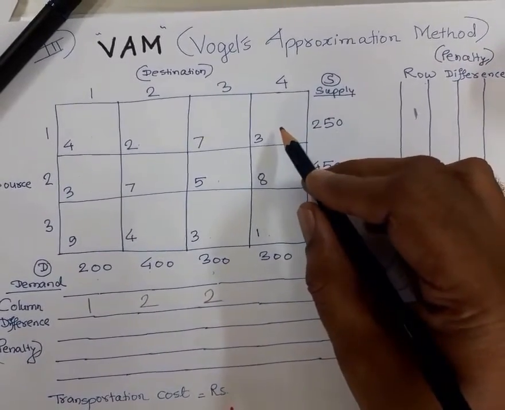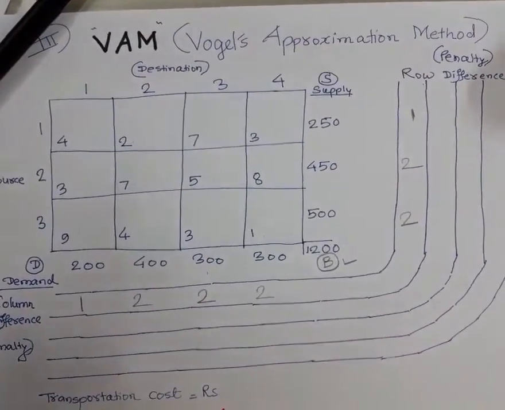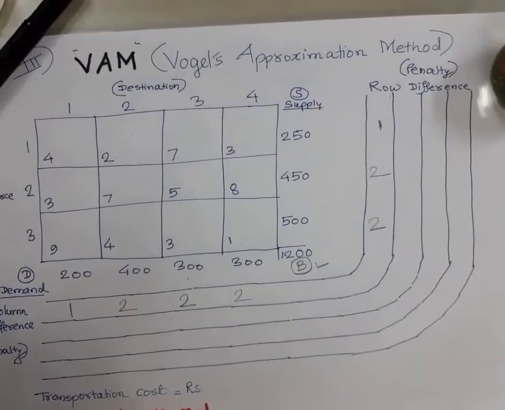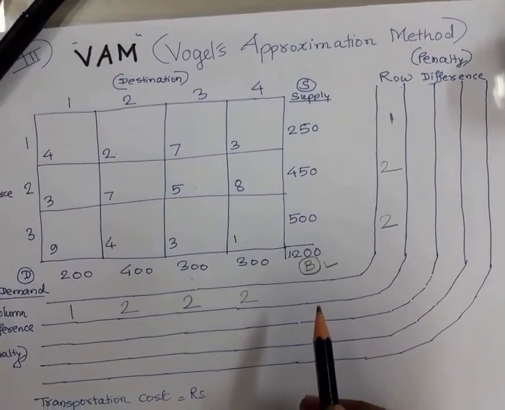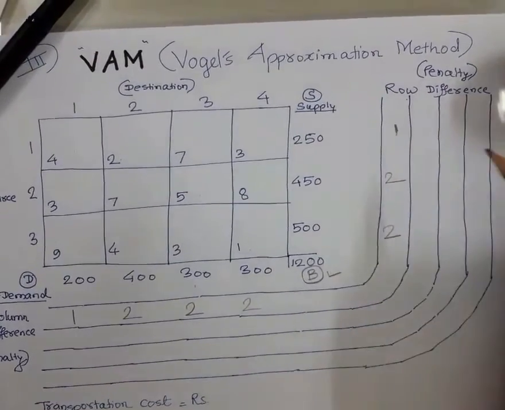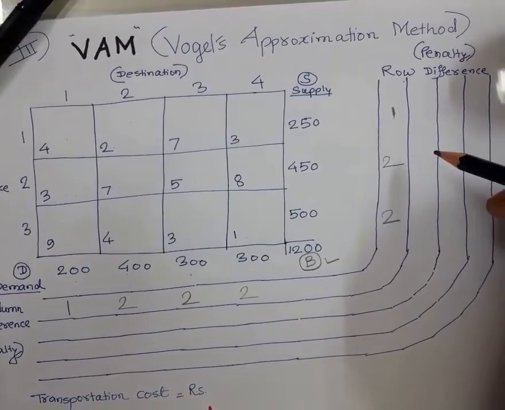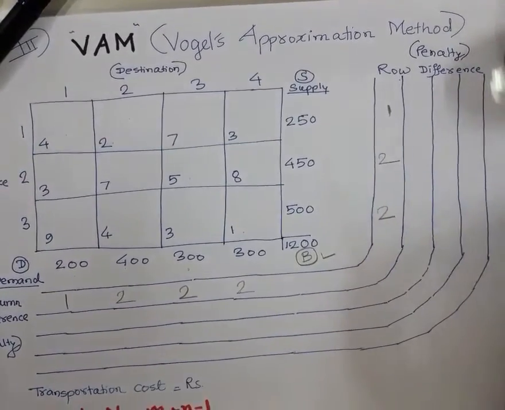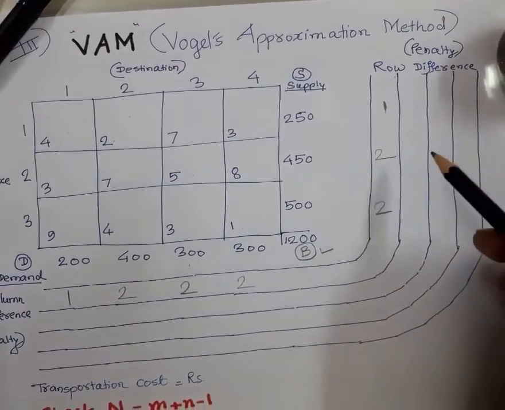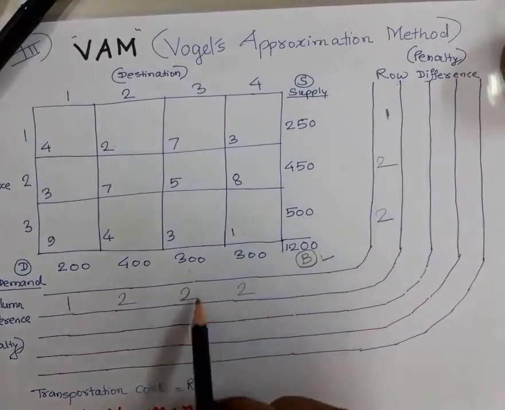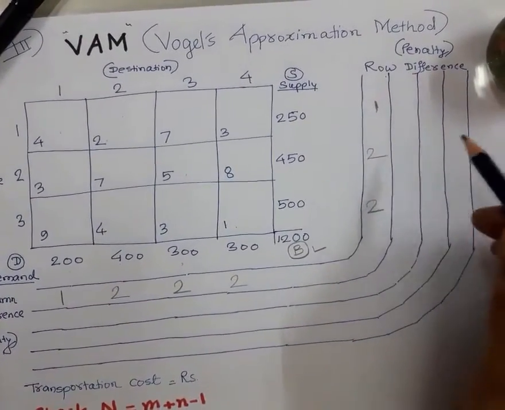Next is 3. So 3 minus 1, 2. Now after getting the penalties, that means the row difference and the column difference, select the penalty with highest number or the largest penalty. Now in this case 2, 2, 2, 2, 2 are here,